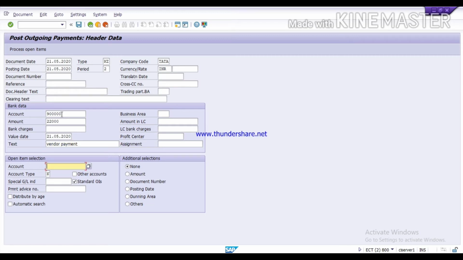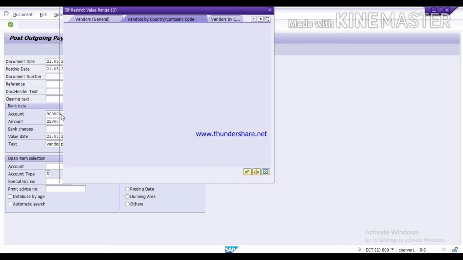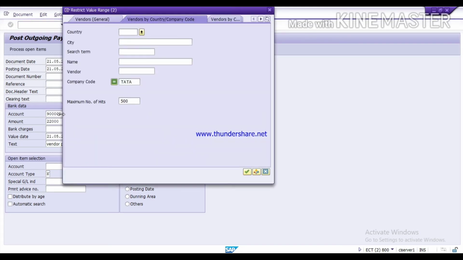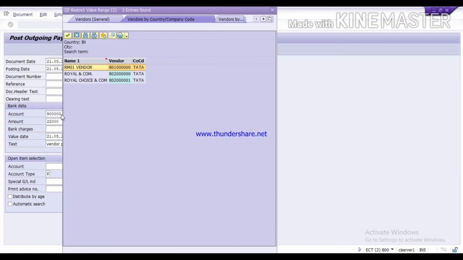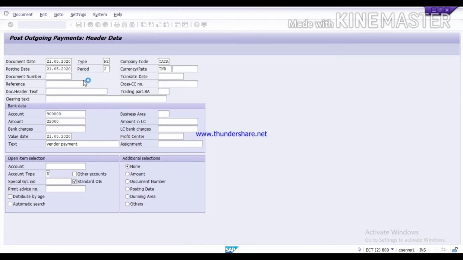Here we will select the open item. Press the F4 key, enter. This is the Royal Choice and Company vendor. Account type is K for vendor. Now click on this Process Open Items.